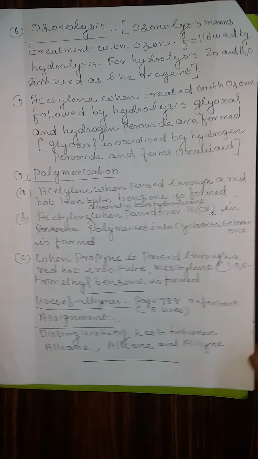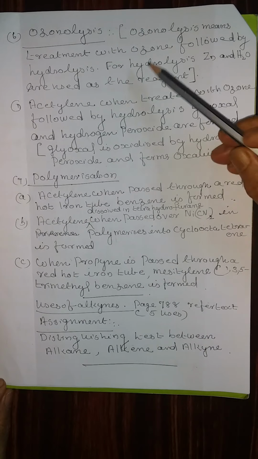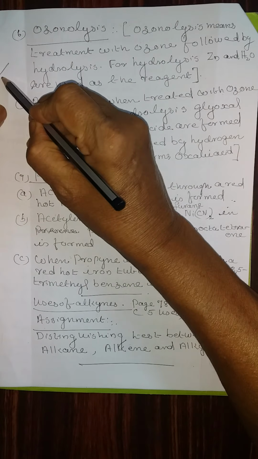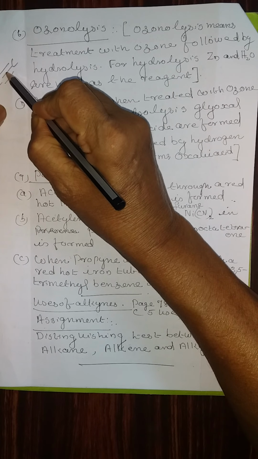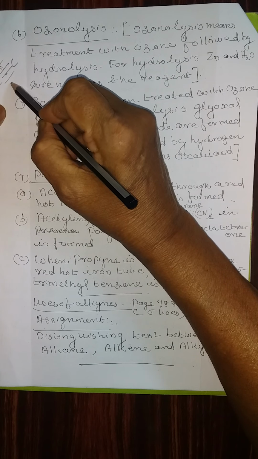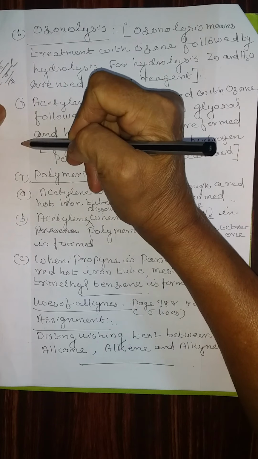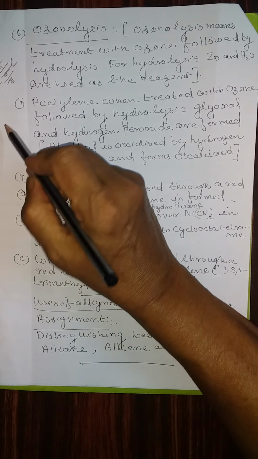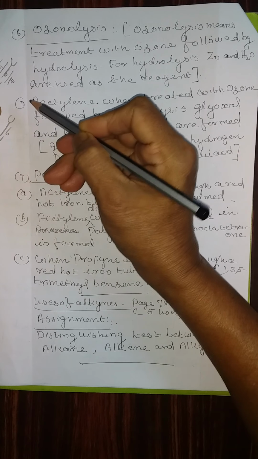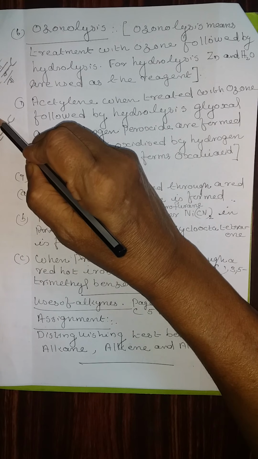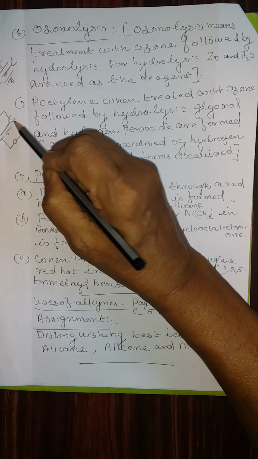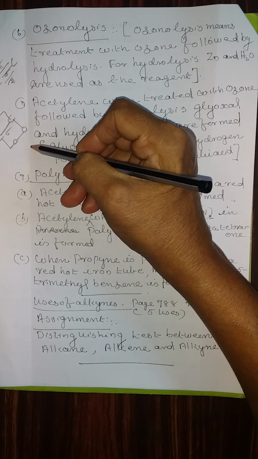Next is ozonolysis. You already studied ozonolysis for alkenes. Same here, but the only thing is that here it is a triple bond. Since there is a triple bond, only two bonds will break, two pi bonds, and the sigma bond will remain as such. Therefore, the ozone gets accommodated. One pi bond will accept one oxygen and the other pi bond will accept two oxygen atoms. This is the intermediate product formed.